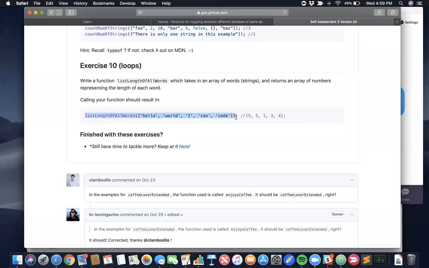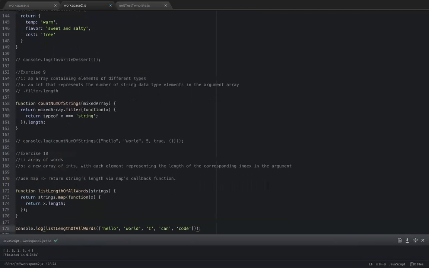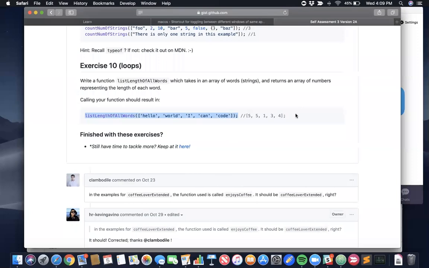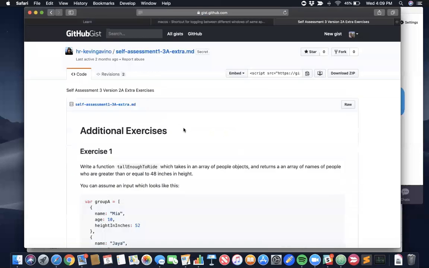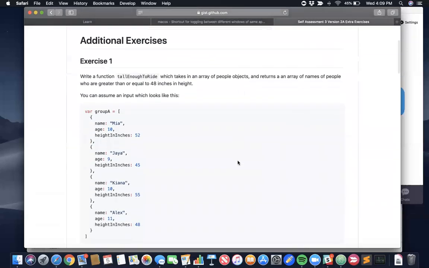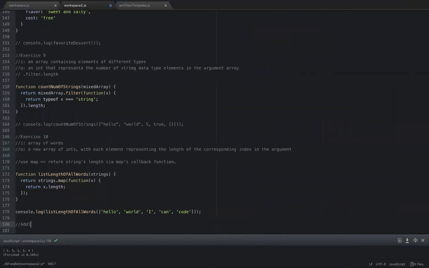Let's just go ahead and try this one. 5, 1, 3, 4, 5, 5, 1, 3, 4. All right, I'll continue on with the additional exercises. Looks like I have 23 minutes left. Additional